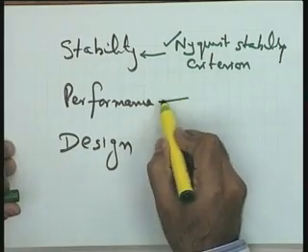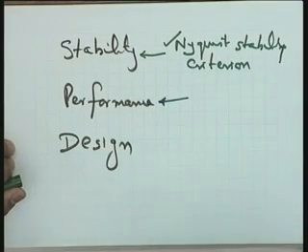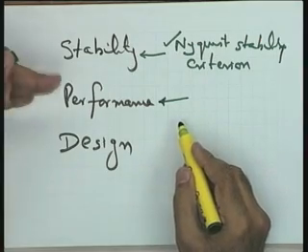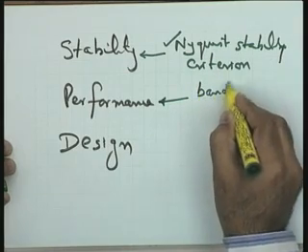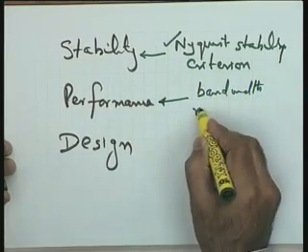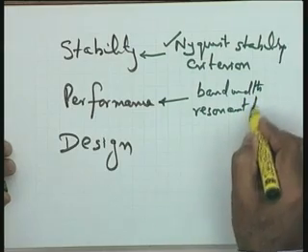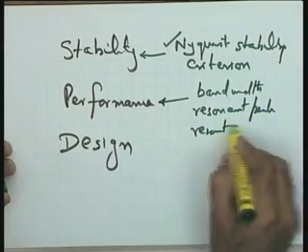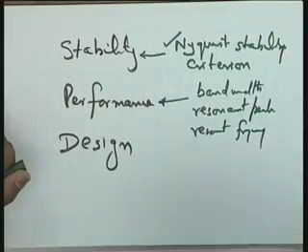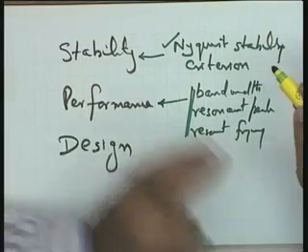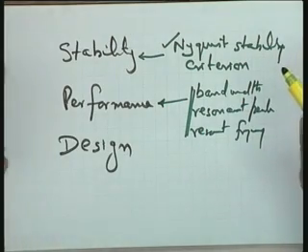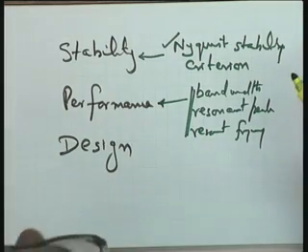In the performance, well, in the time domain we had the rise time, the settling time, the peak overshoot, and so on. In the frequency domain, we will have the frequency domain performance specifications. For example, one example I have already given, the bandwidth, the resonant peak of the frequency response, as you will see, the resonant frequency, and so on. Those are some of the frequency domain features. Some of these features which have correlation with the time domain features are to be interpreted in the time domain indirectly. This is the only limitation of the method.